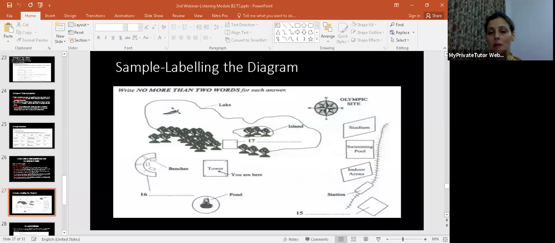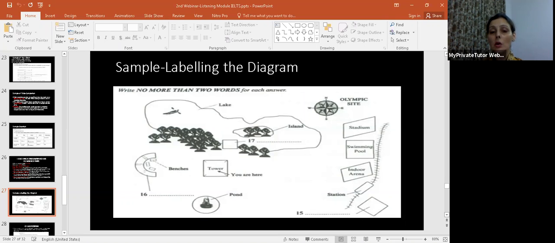I would like you to have a look at that. Then you're going to get an idea how to label the diagram. You can see that in the middle they are telling tower, and you are here. They're describing you. Then they may be telling you that you are standing on the south of the tower, and then you're going to see on the north side there is a lake. You should be aware about that. Where is the lake? You're going to label the lake on the north side. Oh, there's a lake at the top. It's good. The directions are going to be described like this, and you're going to label that.